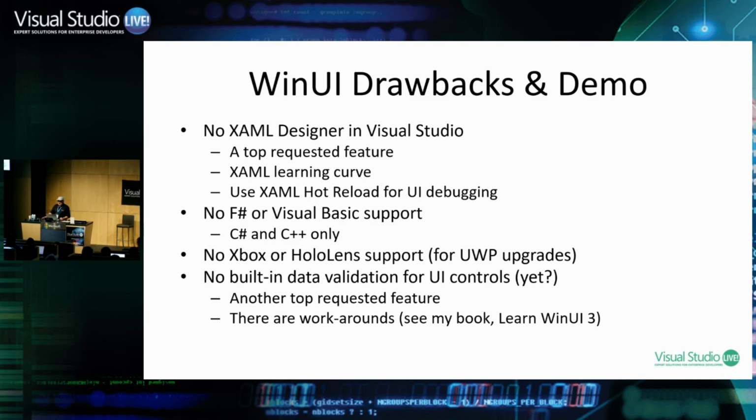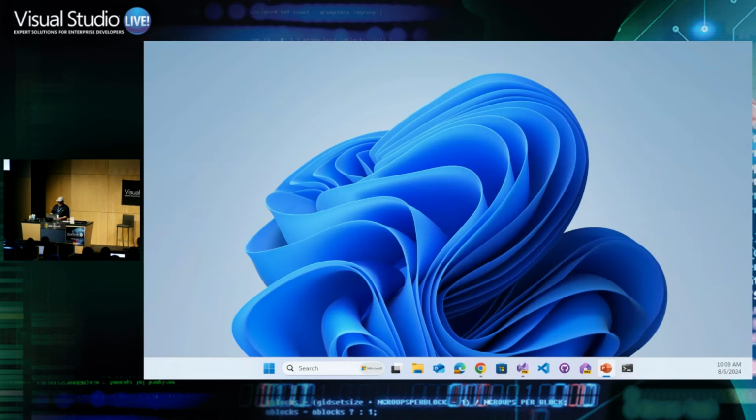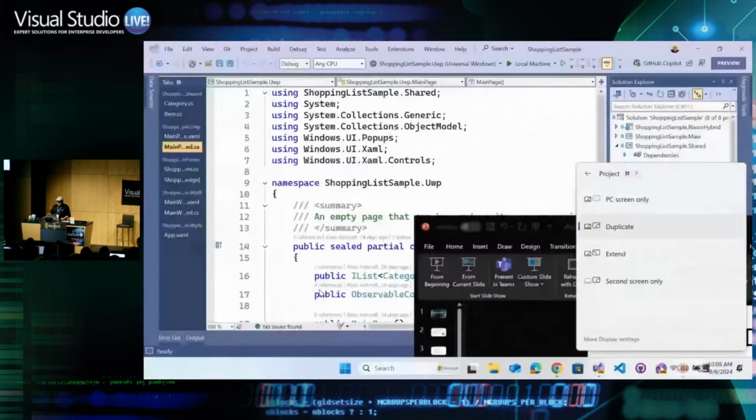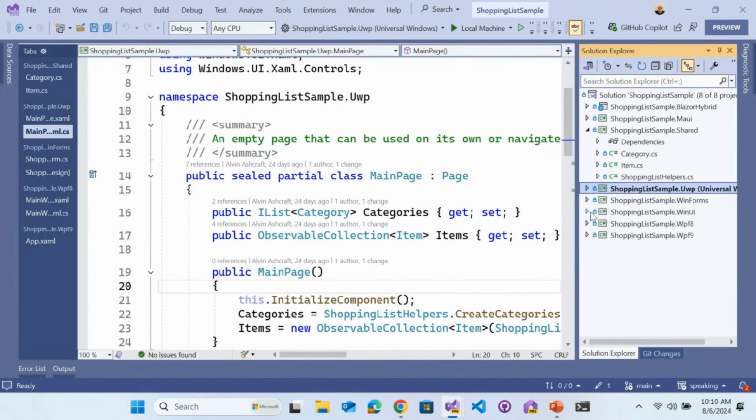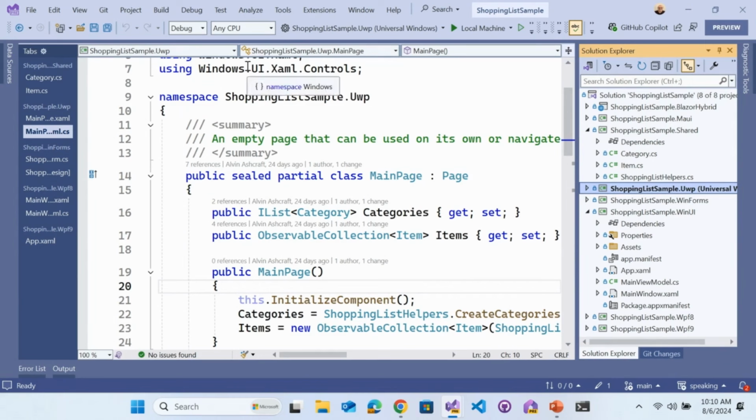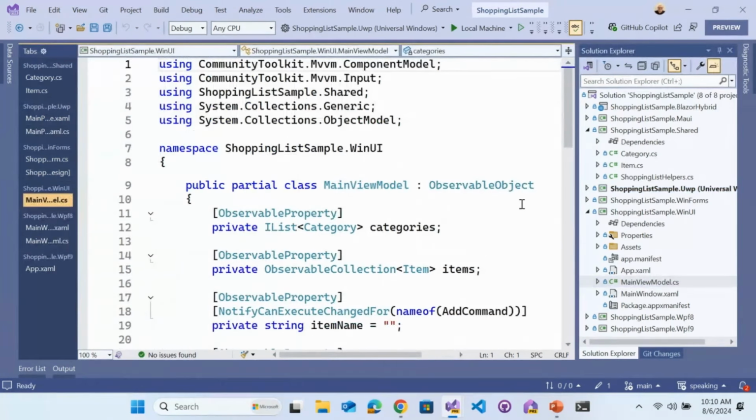All right, so let's look at this project. So the WinUI one is a little bit different than some of the others. I added a view model here instead of binding to things in the code behind, but it's referencing the same shared project for the model stuff. If we open up the view model,